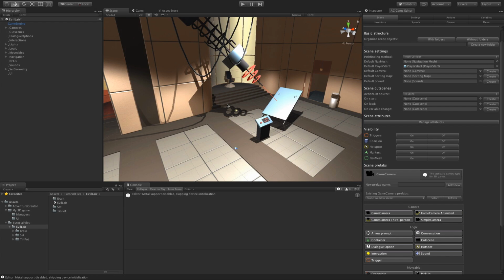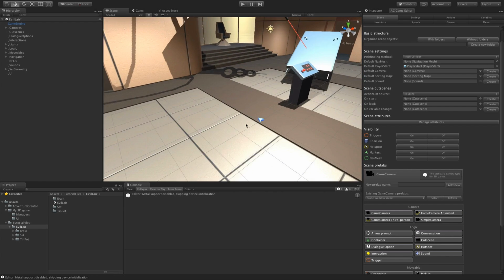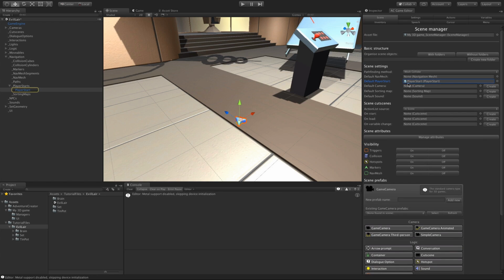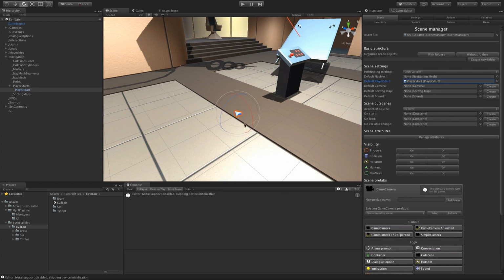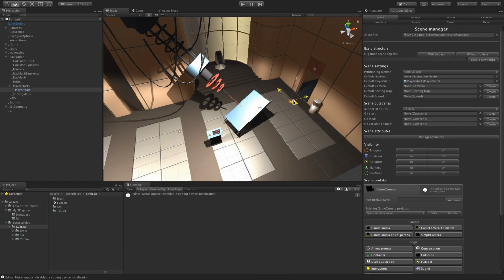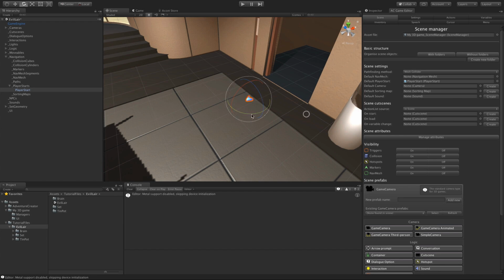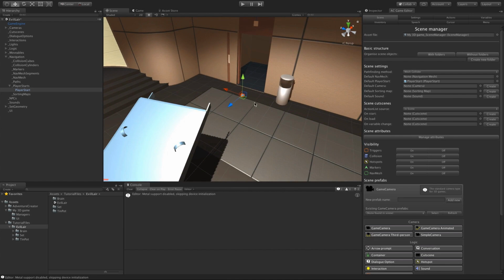And if we have a look at what else we've got, you can see right in the middle here we've got this blue arrow, and if I select that, we get it highlighted in the hierarchy. This is our player start, and in fact you can see it listed here in the Scene Manager as the default player start, and this is the position and direction that the player is going to be facing when the scene begins. So I'm just going to move it for the moment in front of this lift here, and then rotate it so that it's facing just away from the lift,